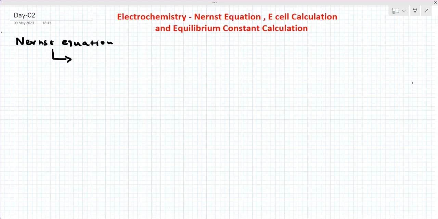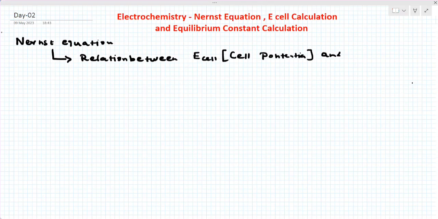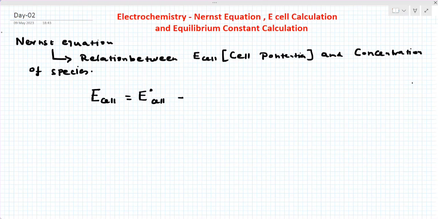Please note, it is a relation between Ecell, that is called cell potential, and the concentration of species, concentration of ions. Okay, that is called the Nernst equation. Now the Nernst equation is generally Ecell equal to E naught cell minus